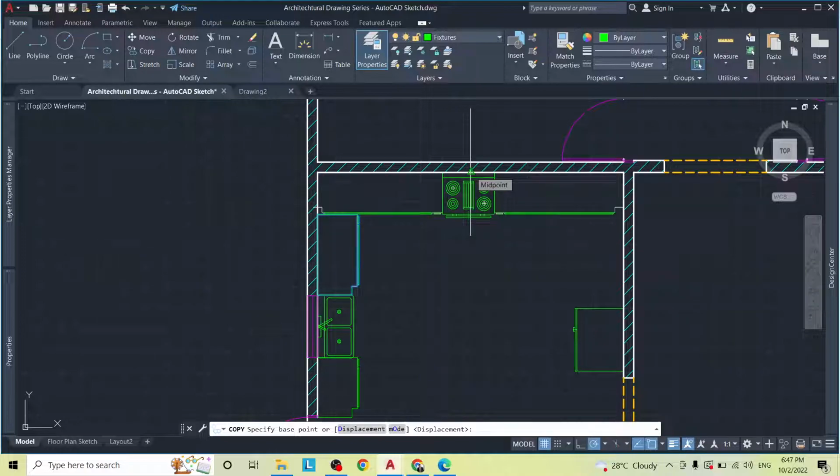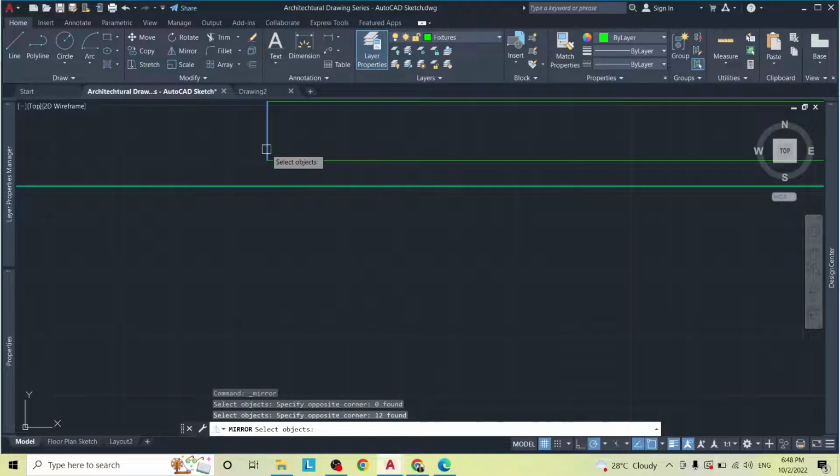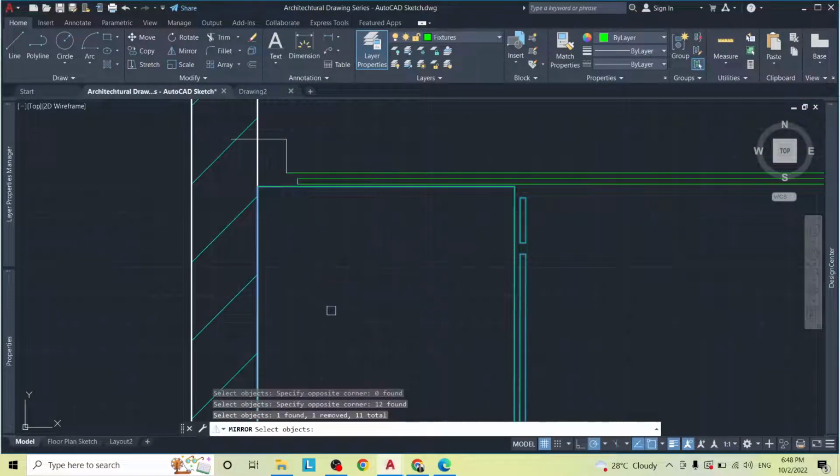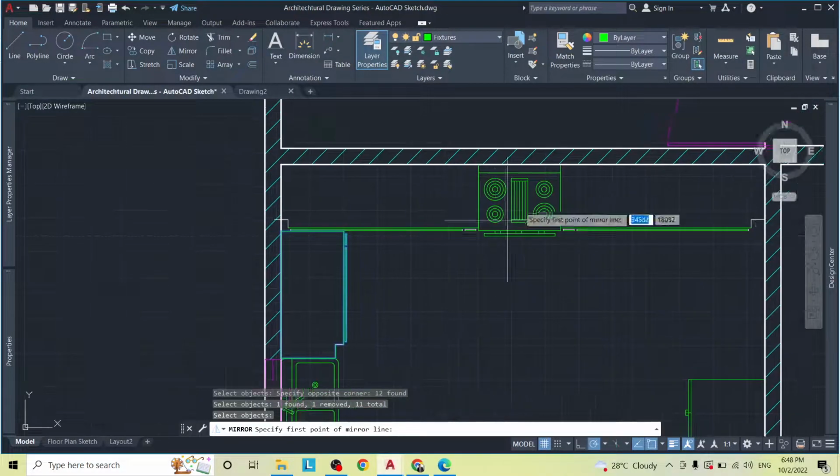Middle of this room. Alright, let me use the mirror tool instead. This is the object I want to mirror. Not this one. Anything else that is selected that I don't want selected now. Alright, enter, and then from the middle of the room,